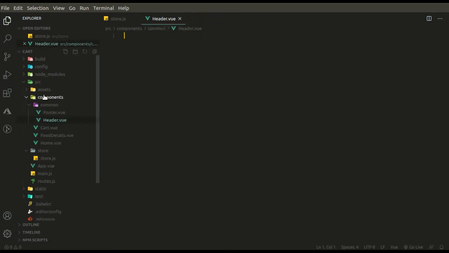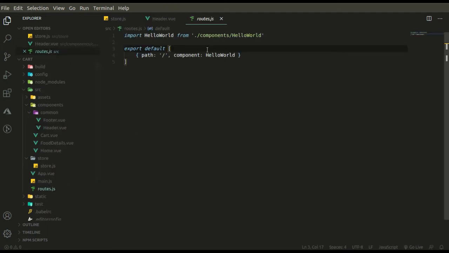Let's quickly configure the routes. We do not have this component now, that's why it was giving the error.